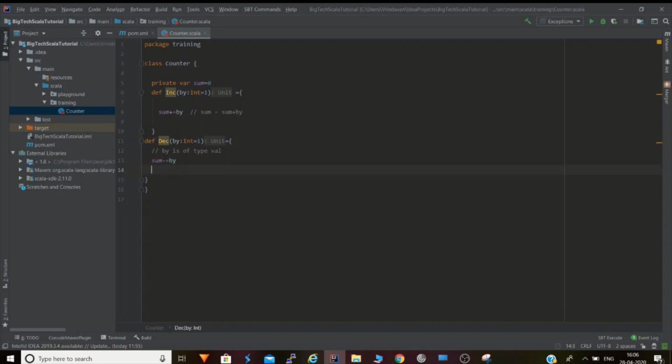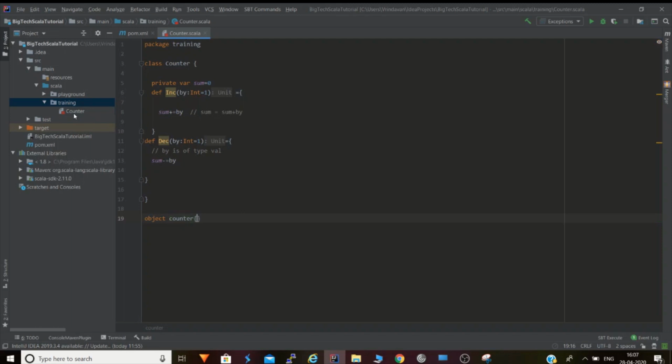Here we have implemented this counter class. Now we'll create a Counter object. Let's create an object called Counter.